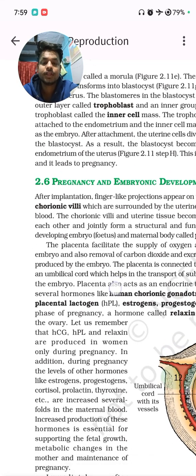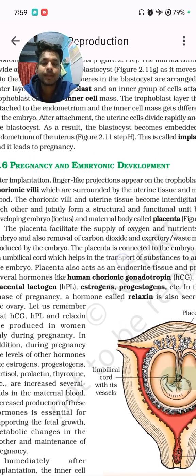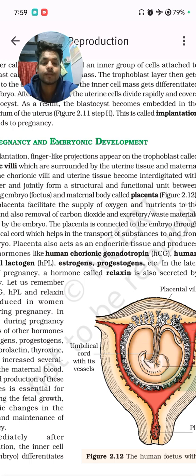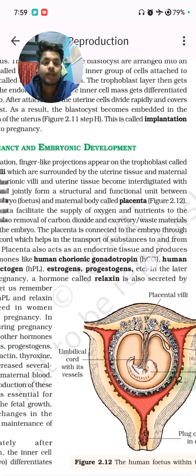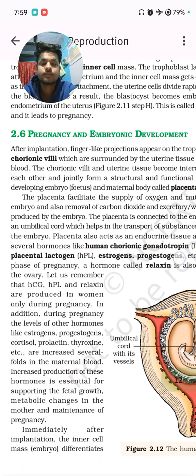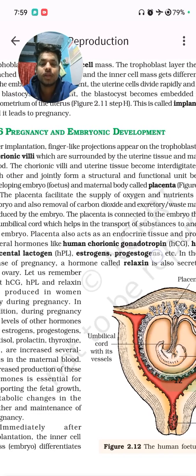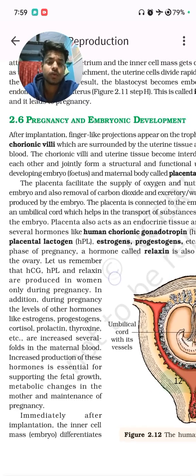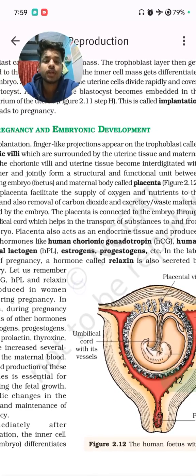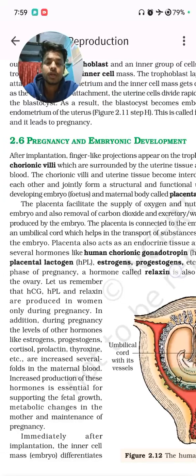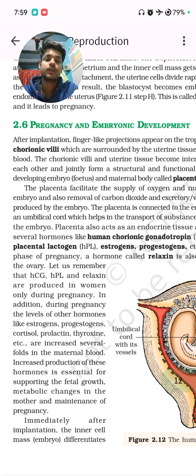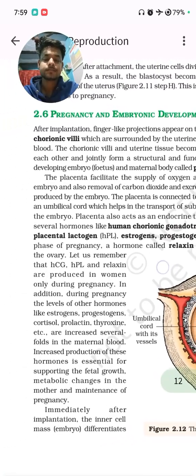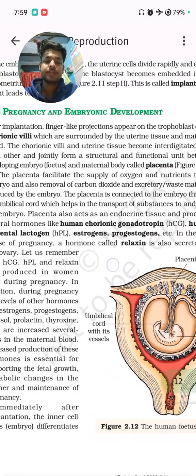It leads to pregnancy. 2.6, pregnancy and embryonic development. After implantation, finger-like projections appear on the trophoblast, called chorionic villi, which are surrounded by the uterine tissue and the maternal blood. The chorionic villi and uterine tissue become integrated with each other and jointly form a structural and functional unit between the developing embryo, fetus, and maternal body, called